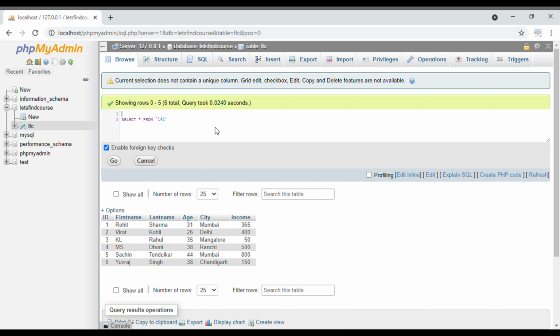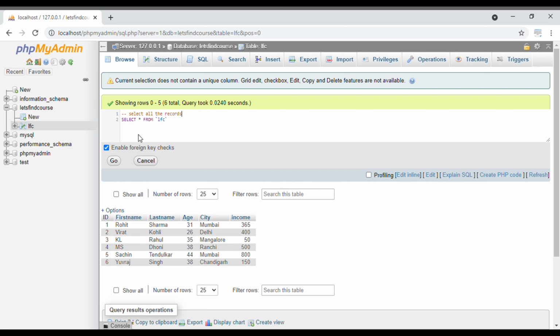Single line comments are generally used to give a single line comment, and you can represent it with the help of a double dash. In the double dash you can explain what is the use of the query below, or you can comment anything, but you have to specify all the information within a single line. So I will specify: select star is used to select all the records. Now my text "select all the records" is commented as we have put a double dash prior to that text.